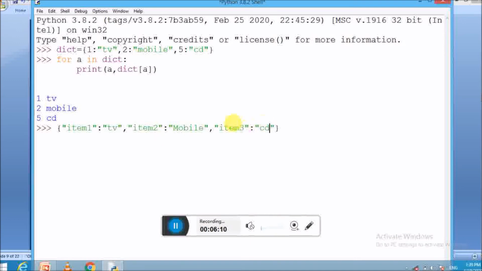Now after creating the dictionary, we have to keep it in a variable for further use. So here I use the same variable name, and press enter.